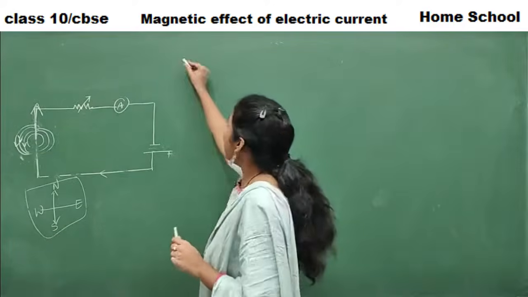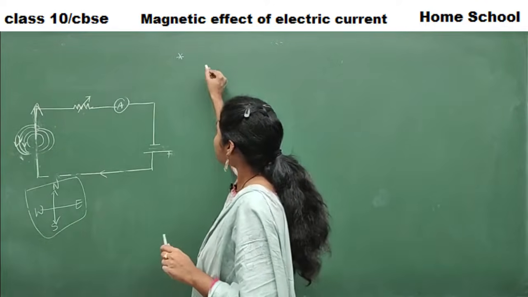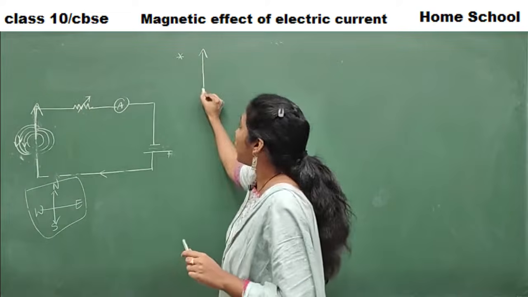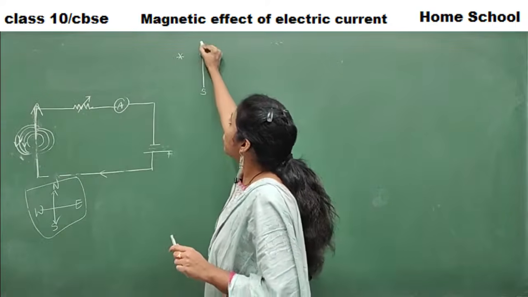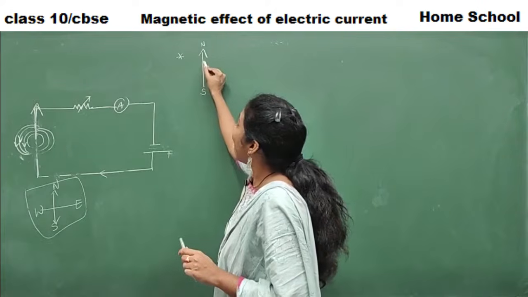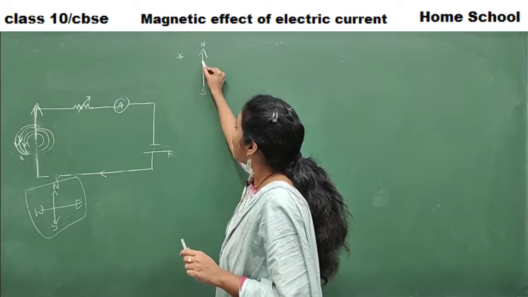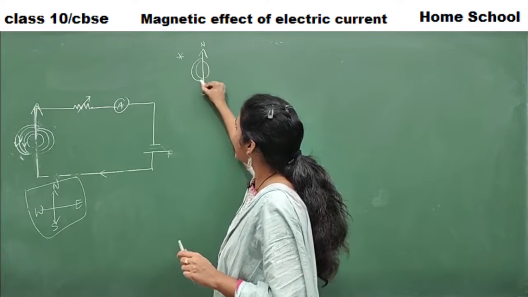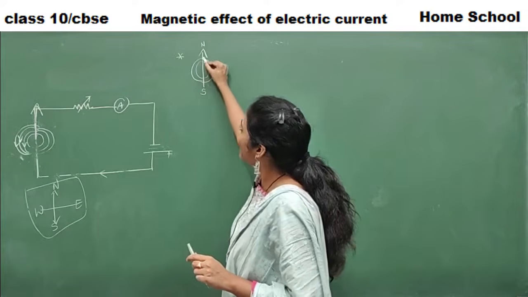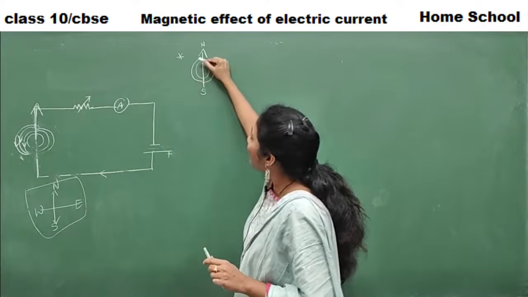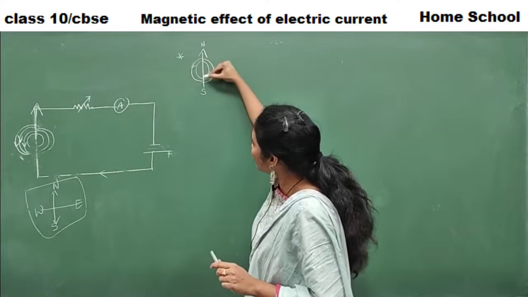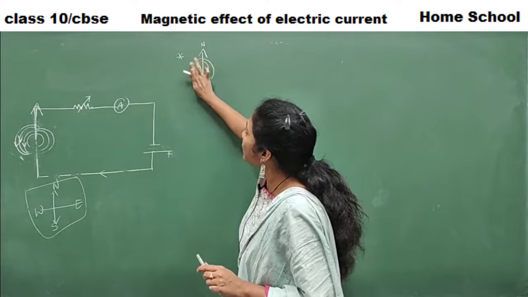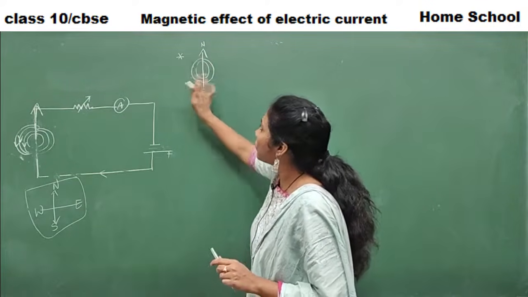Say the very first point. Imagine current is flowing in this direction from bottom to top, that is from south to north. How are our magnetic field lines moving? Magnetic field lines appear in concentric circles, but how will these field lines move? Will they move in this direction or in this direction? I have already explained this particular situation for you.